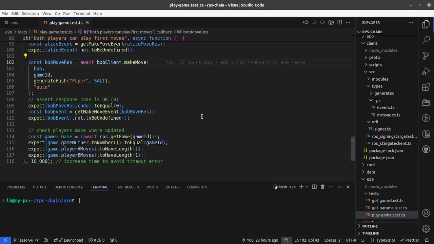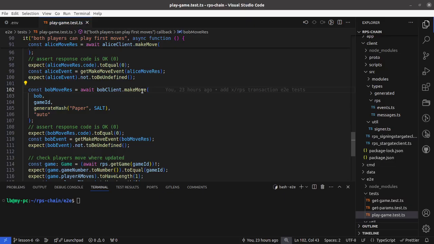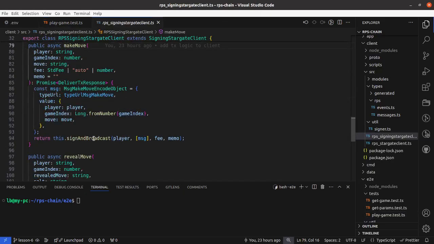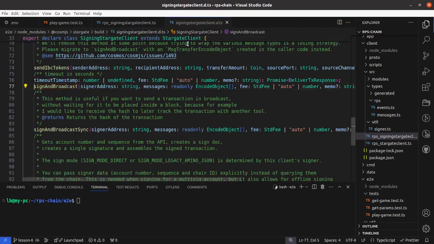Now that we have these basic test cases passing, we can start looking into more complicated test cases. If you look into this test that we did for the play game, these transactions are included once per block. If we check the make move, for example, you will see that it's using this sign and broadcast function from the Stargate client. And what this function does is submit the message and wait for it to be included in